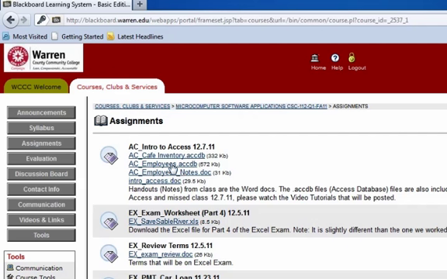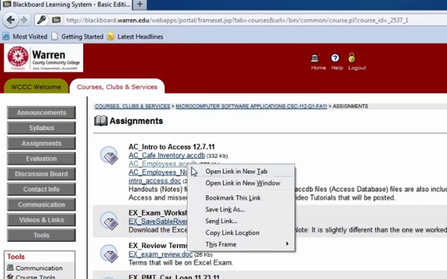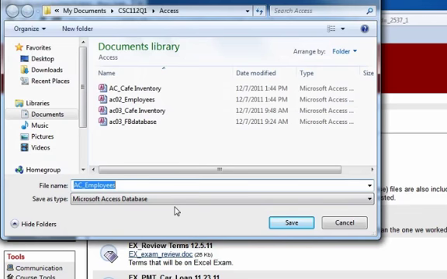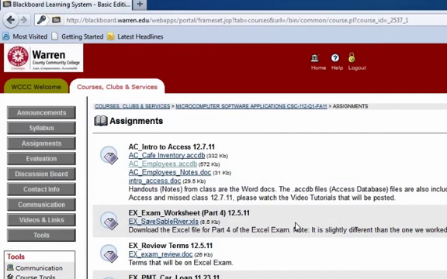Blackboard. So I'm going to download. Notice it has an ACCDB for Access Database. You may also see it with an MDB for Microsoft Database. So I'm going to right click. I'm going to do Save Link As, and I'm going to save this as AC Employees, and just hit Save. And if I see my downloads in Firefox,